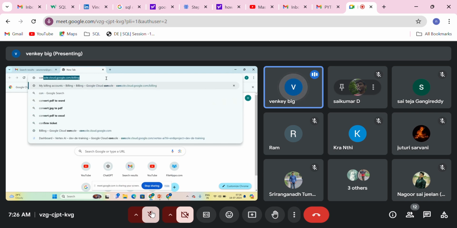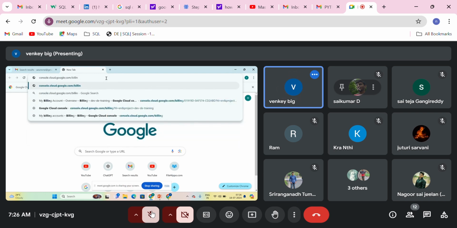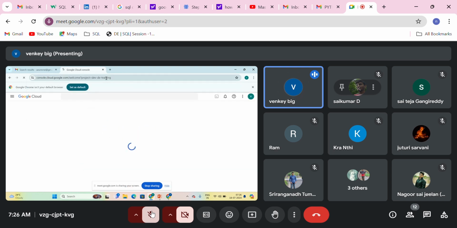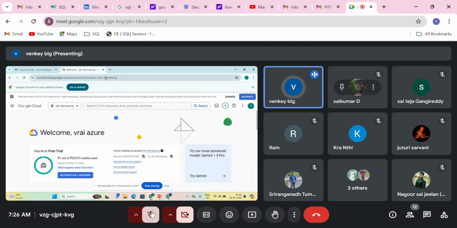So here, if you see, console.cloud.google.com is our main portal. Even in real-time projects also, you need to use this portal only. Okay, so I have set up my free account. If you see here, Google will provide 91 days free trial account. They will credit around 25,000 in your account when you are setting up your Google Cloud platform initially. Okay, after that, according to the usage, you may need to pay for it.